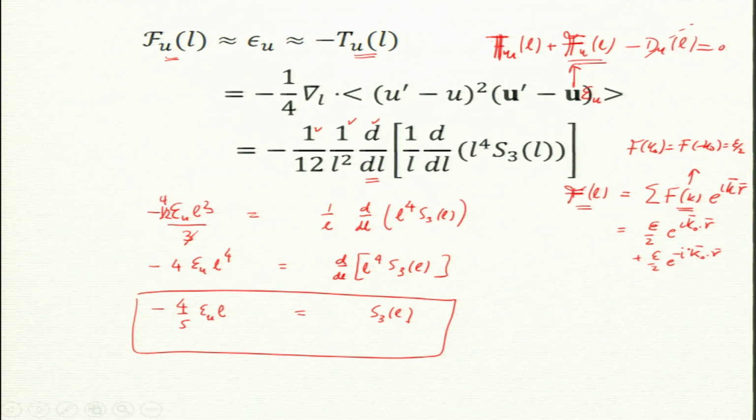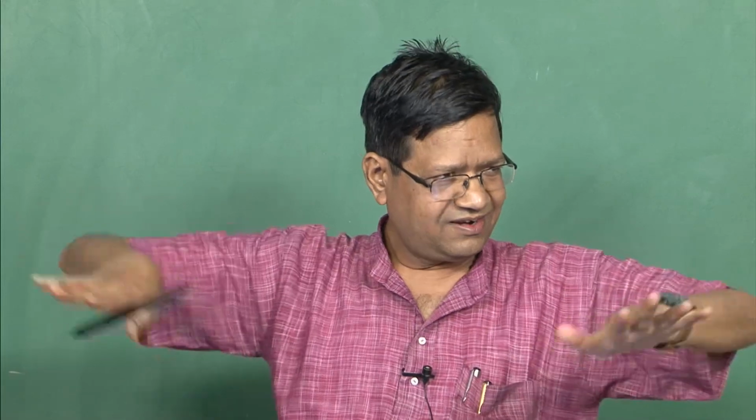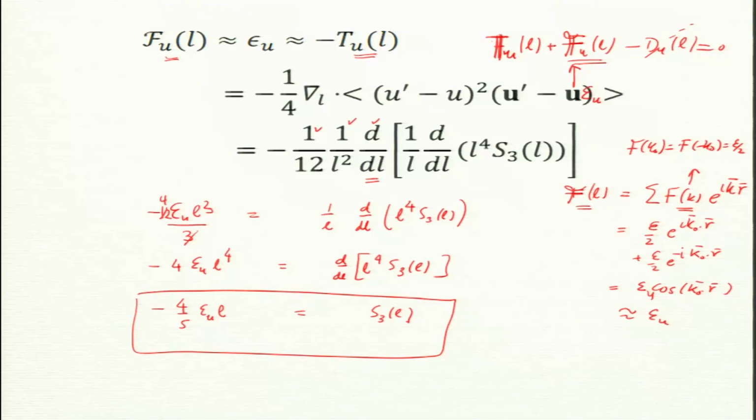Is there a minus K? The sum is only over two wave numbers. Sum it up: what is e to the i K dot r plus e to the minus i K dot r? It is cos K dot r. So cos K naught dot r, and the epsilon, the half will cancel with the 2. Now K naught goes to the 0 limit. What happens in the K naught going to 0 limit? cos K naught dot r will be 1. So this is approximately epsilon u. So this is how we prove it, okay. But it is kind of physically visible: by forcing at large scale, it is going to be visible at every scale, okay. So this is how we prove the four-fifths law.